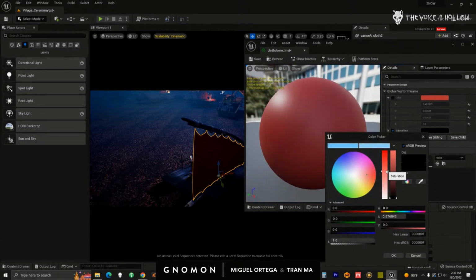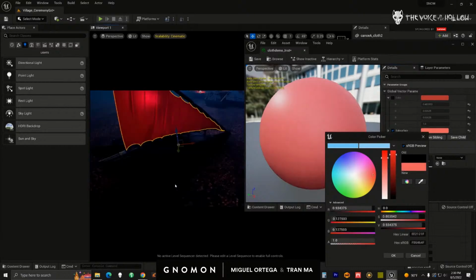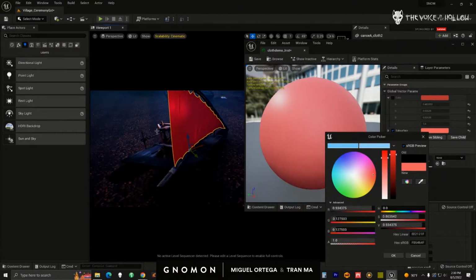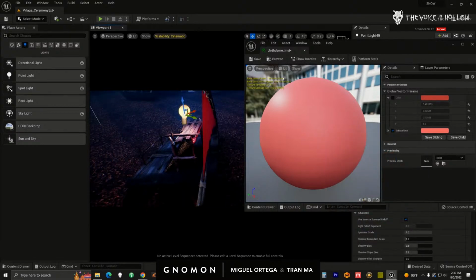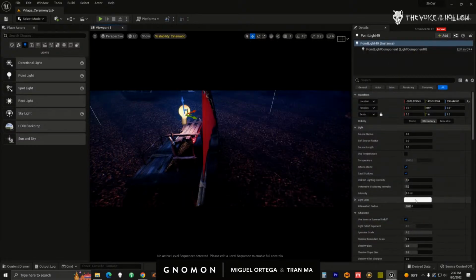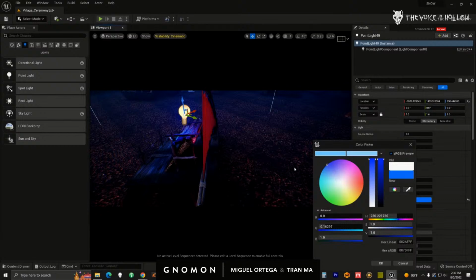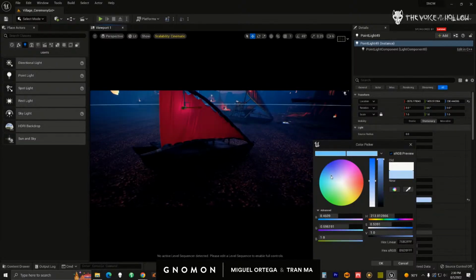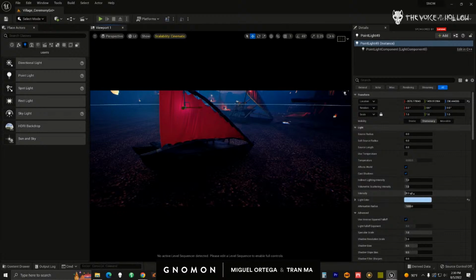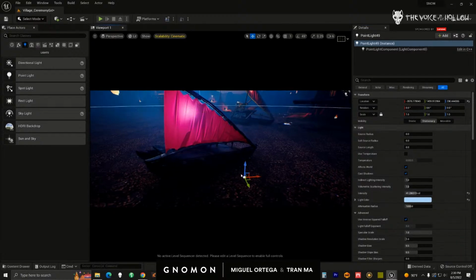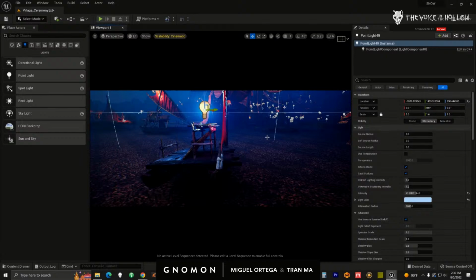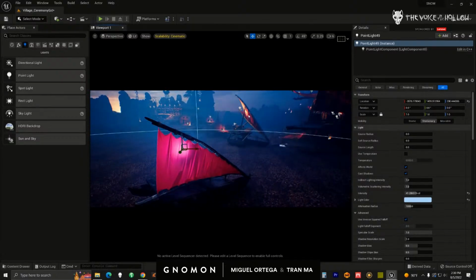So I ended up adjusting this a lot. And now that I'm adjusting it, you can see that light is passing through. And I can color this. I do this a lot where I just change the color just so I can understand what's happening, and then crank up the intensity. But to me, this looks really cool, especially once lights are